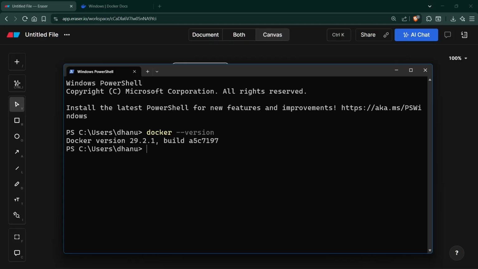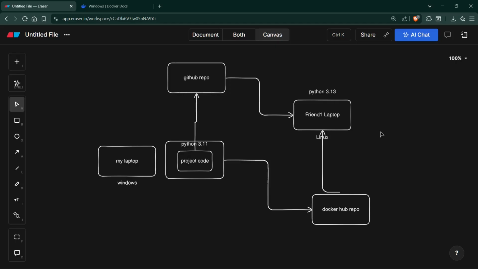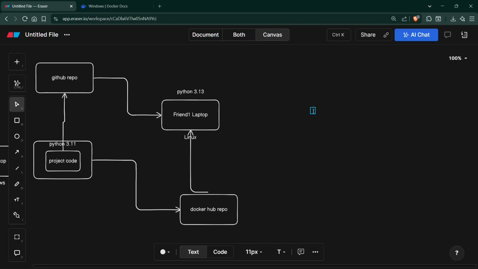So basically we have multiple terms in Docker. Let me minimize this one. I'll just explain some of the key terms in Docker. One is image. What is an image? An image is nothing but a blueprint. In our case, Python 3.11, that is this one. This one is my image. Next we have container.